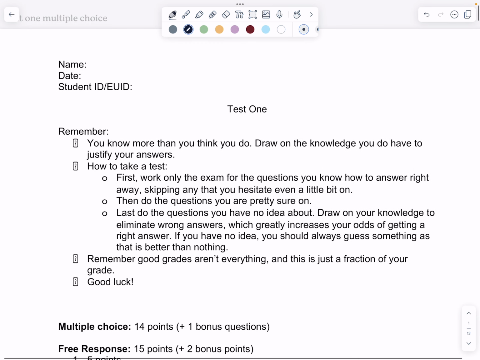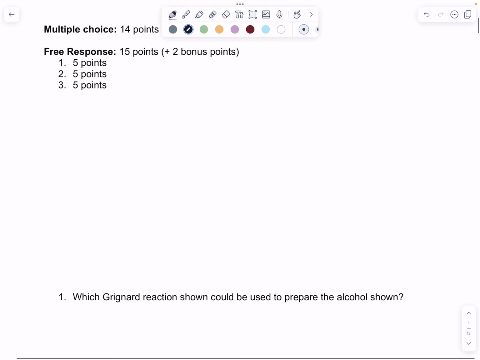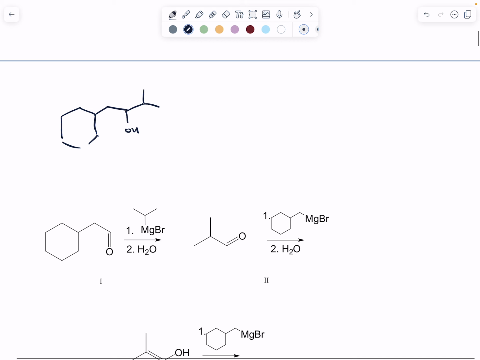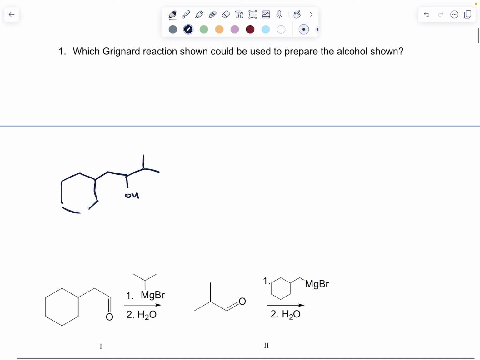Okay, I am going to do a video key for test 1 for my OChem 2 students. For this, I'm just going to go through every question and talk about how I would recommend that you solve the question, or how I would approach the question. And if you have any questions after you've gone through the exam, just let me know and we can talk through them. So the first question is, which Grignard reaction shown could be used to prepare the alcohol